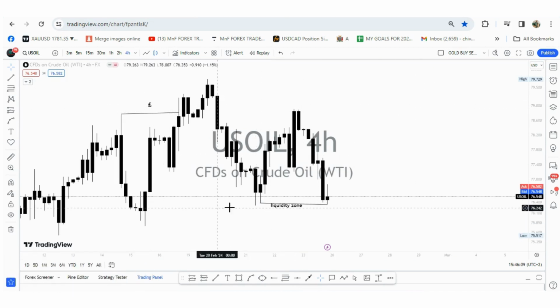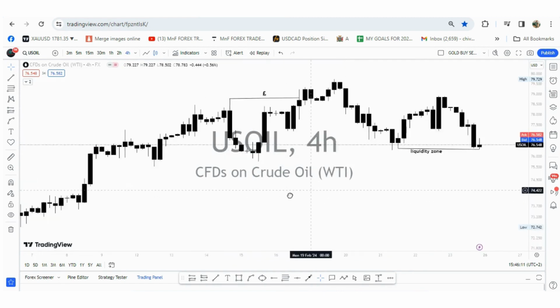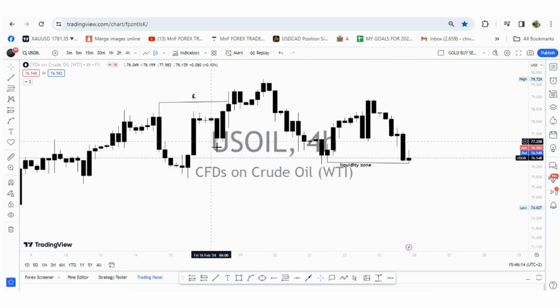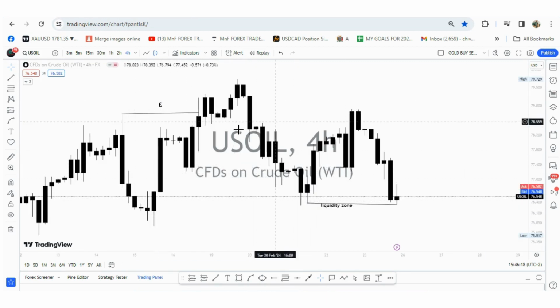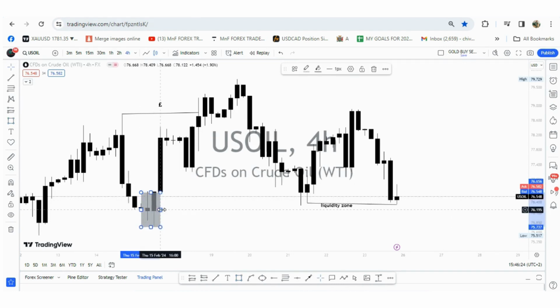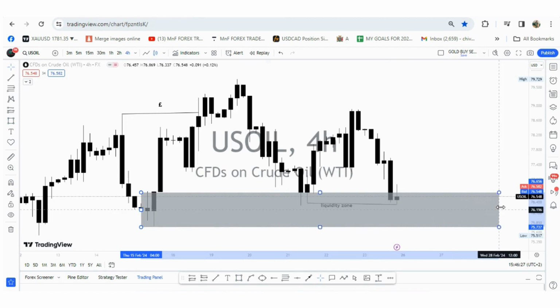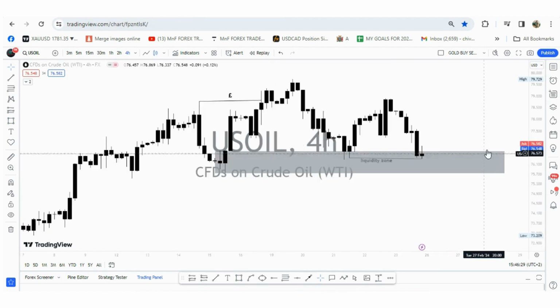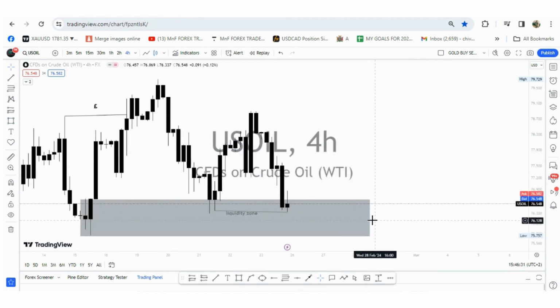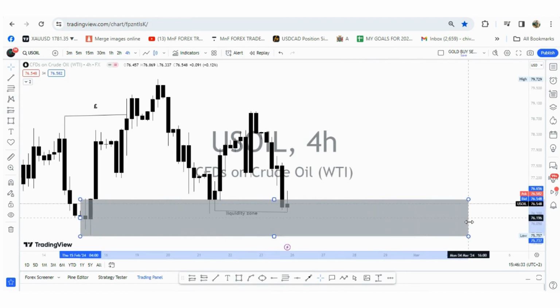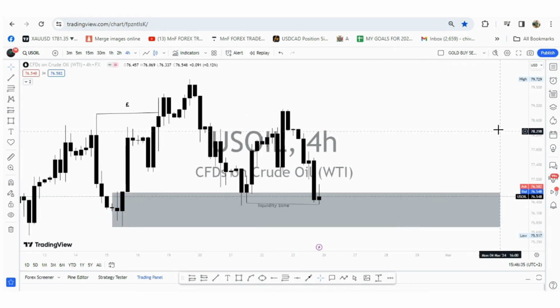Great. So after that, we go and identify our order block. We have a drop base rally in an uptrend, and then we have a break of structure, and we have this nice level right here. If you pay attention, this is a very big zone. If you extend this to the right side, you're going to realize that it has been touched already. However, you guys know better, right? We don't trade like that. What we do is that we like to refine our entry. So for us to refine our POI, we have to go to the